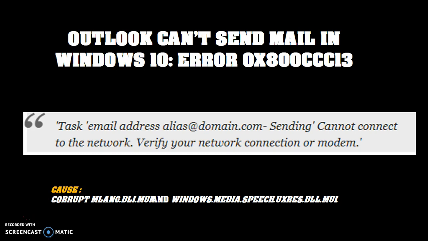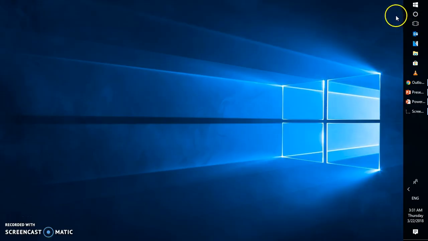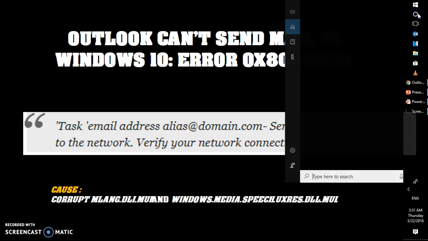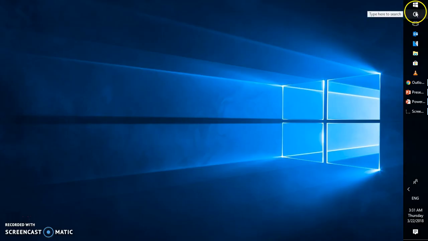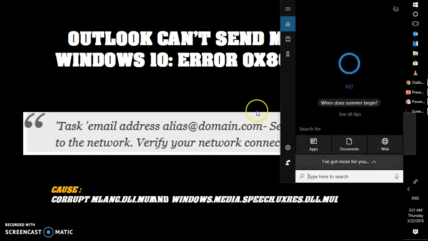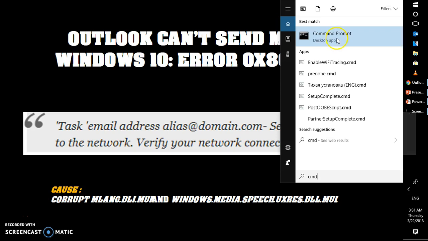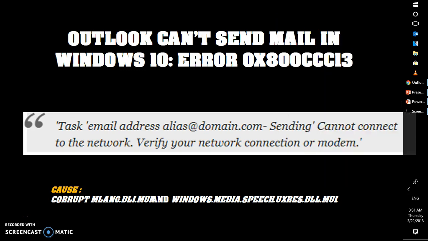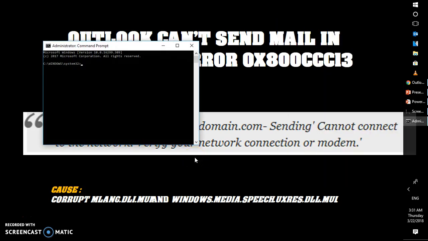The first thing you need to do is open a run command or, on your computer screen, in the search box, go ahead and type CMD. Do a right click on CMD and click on Run as Administrator. In case you get a user access prompt, you may click on yes or continue. And in the command prompt, you will have to type sfc space /scannow